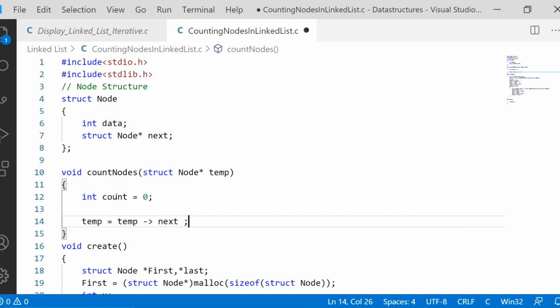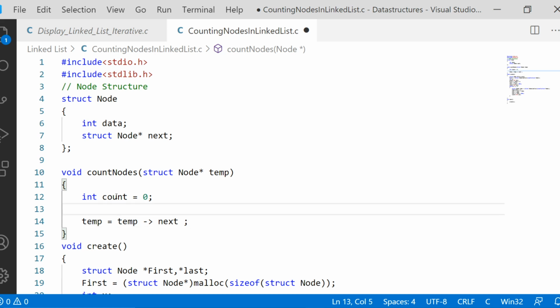I dedicated a separate video to commonly used syntaxes, where I clearly told you what temp equal to temp of next will exactly do. It will move the pointer temp from one node to the next node that it is linked to.